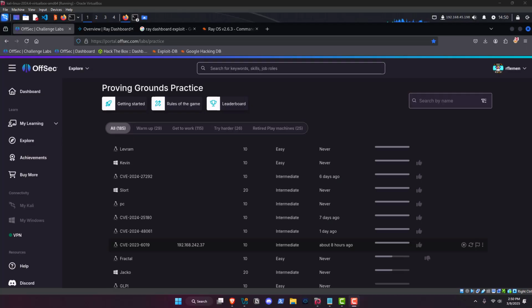We're going to do another Proving Grounds practice machine. This time we're doing a machine called CVE-2023-6019. It is a Linux machine. It is rated as intermediate. I thought it was pretty easy. Typically the CVE machines are pretty easy because they literally tell you what vulnerability you're going to be exploiting to